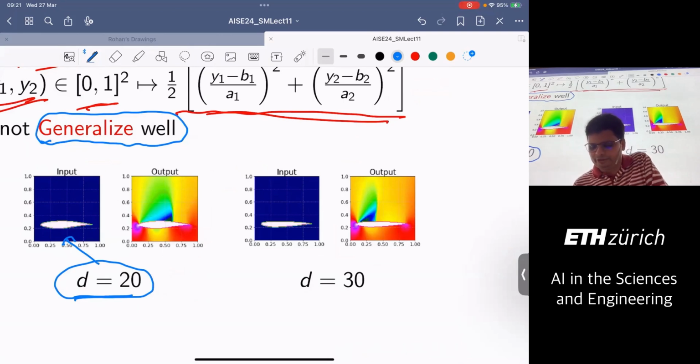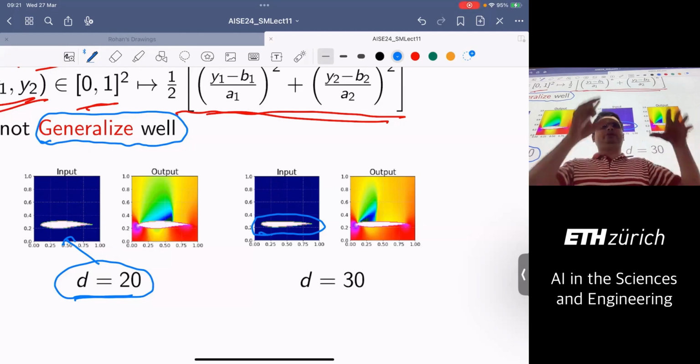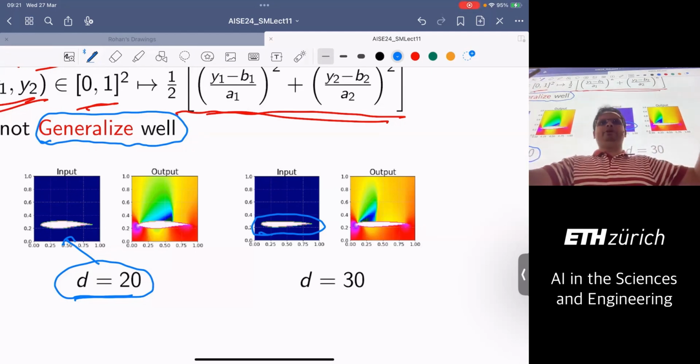I need 30 dimensions. So this is how this airfoil looks. So what can you do? Can your neural network handle it? The flows, of course, have a slight difference, but they're not completely different from each other. As you can see, the flow is more or less of the same type, right? So in principle, generalization would have meant that my neural network, which has learned on this shape of airfoils,